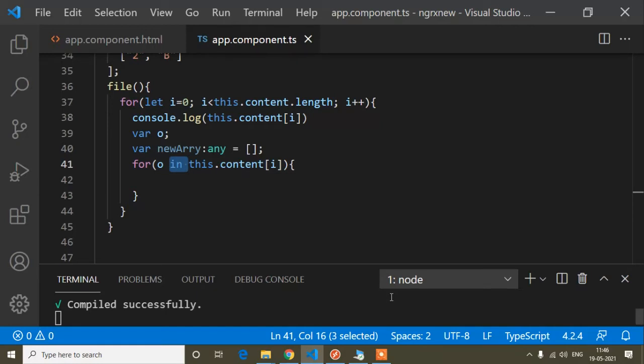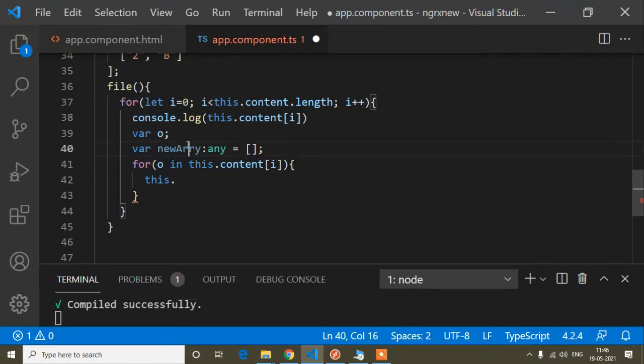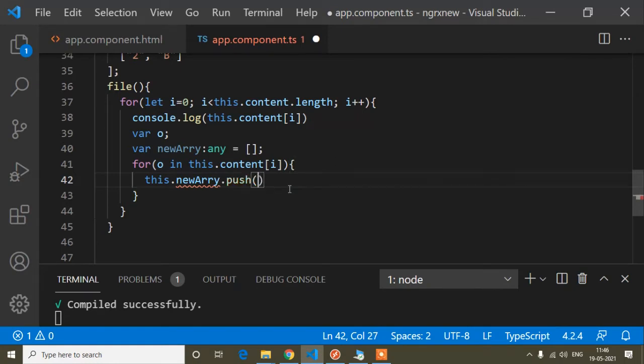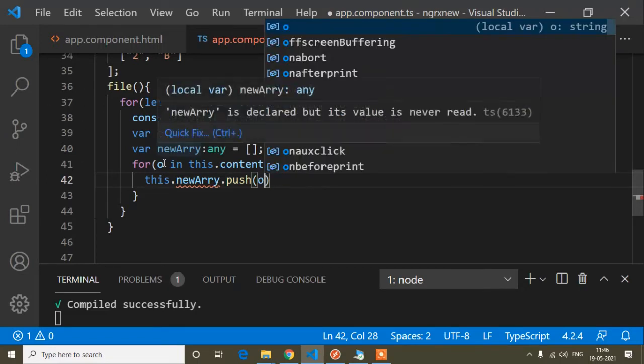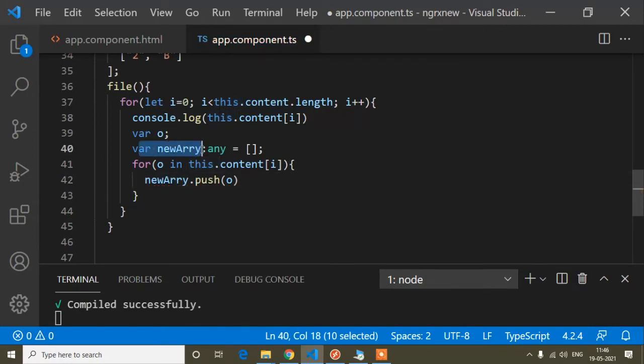So guys, here suppose now if I write new array dot push, and this o variable. Here we cannot write this dot new array, because here I have defined this variable locally.